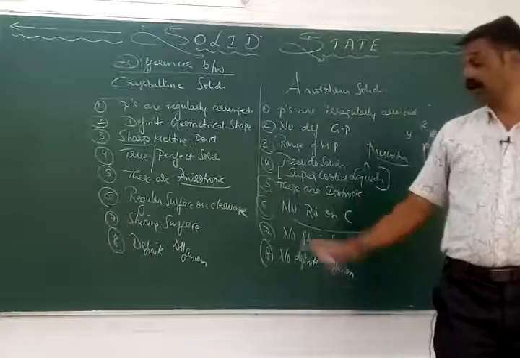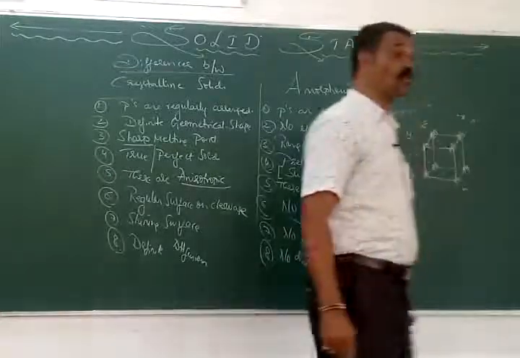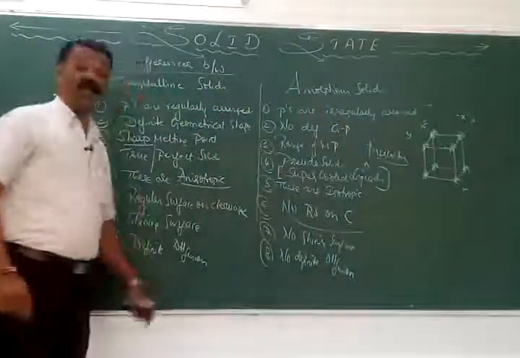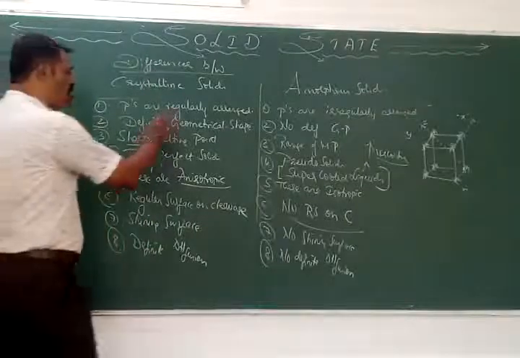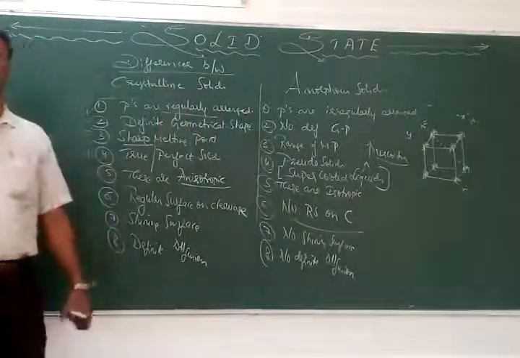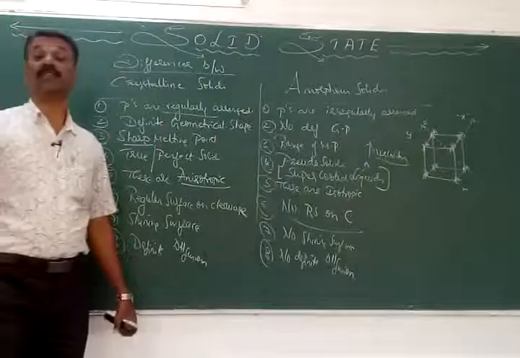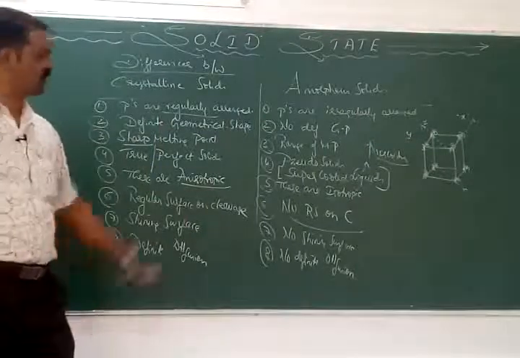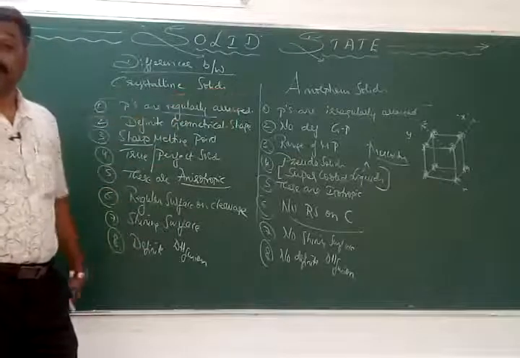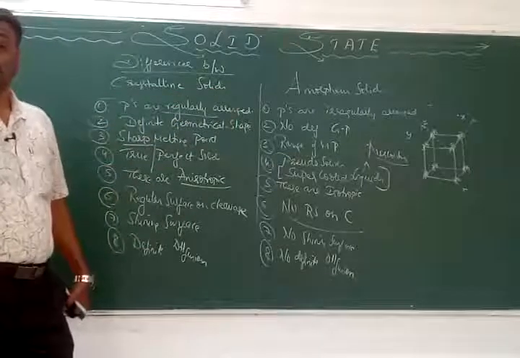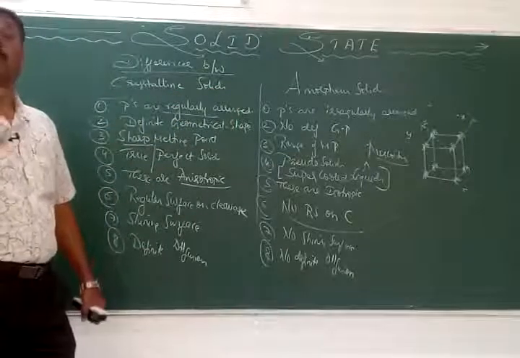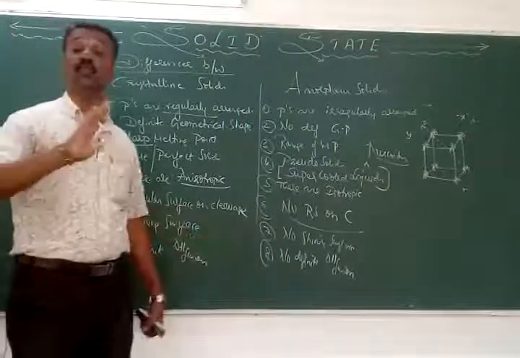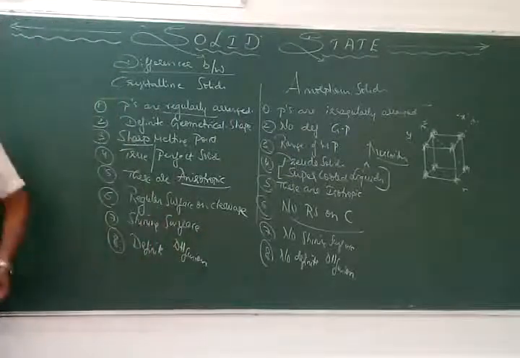The enthalpy of fusion. Okay. So here, this has the definite enthalpy. Again, the same reason. Why? Because of the regularity in the arrangement, all the bond distances are found to be the same, means it has a definite enthalpy of fusion. The same reason. As the particles are irregularly arranged, the bond distances between the adjacent particles are found to be different. That is why there is no definite enthalpy of fusion.